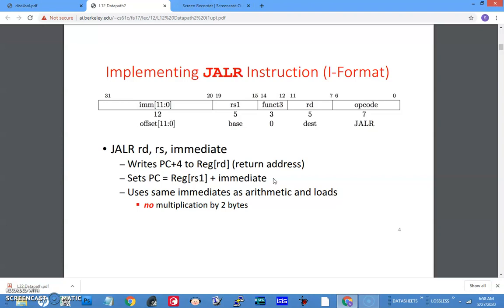So the general steps are: think about the connection lines to be added, think about the new hardware to be added, and think about the new control lines required for the new instruction that we are going to add to the existing data path. With all these points in mind, you may have to pause the video here and think rather than simply watching it. So the JALR opcode is here, 7 bits, immediate, and then it goes. They have actually written it in a different way. That's all.